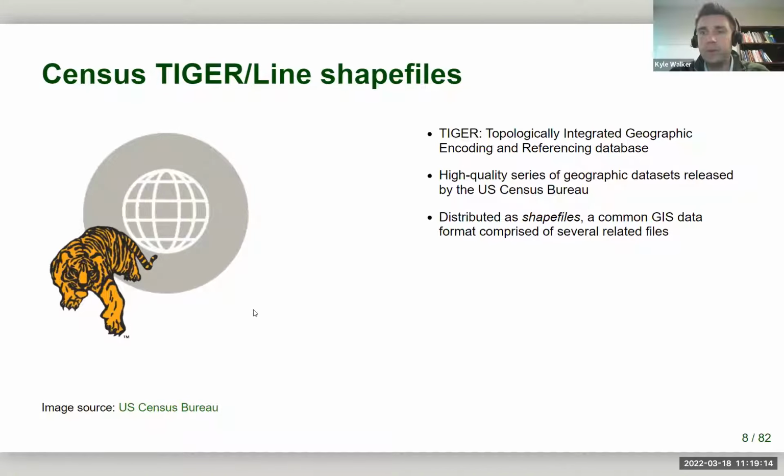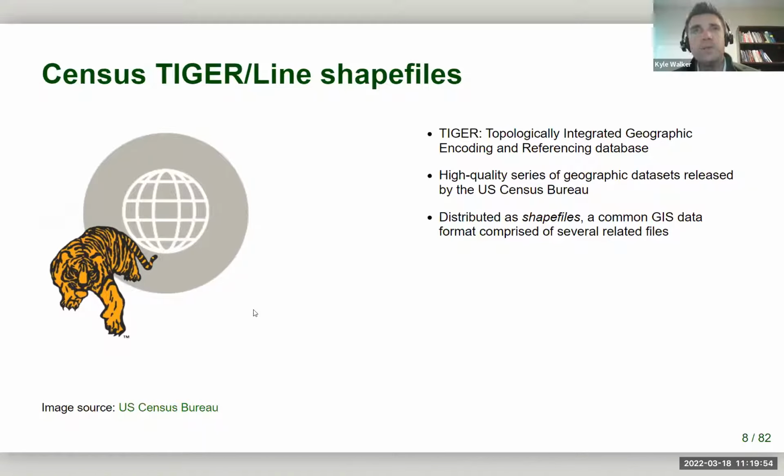So if you attended last week, you learned about how to acquire data for these different geographies, but the geographies themselves need to be defined. They need to have actual boundaries that are maintained by the Census Bureau. And those are found in the Census Bureau's TIGER/Line database. TIGER is an acronym that stands for Topologically Integrated Geographic Encoding and Referencing, but TIGER is a much nicer way of putting it. And so the TIGER/Line database is maintained by the Census Bureau as its sort of master